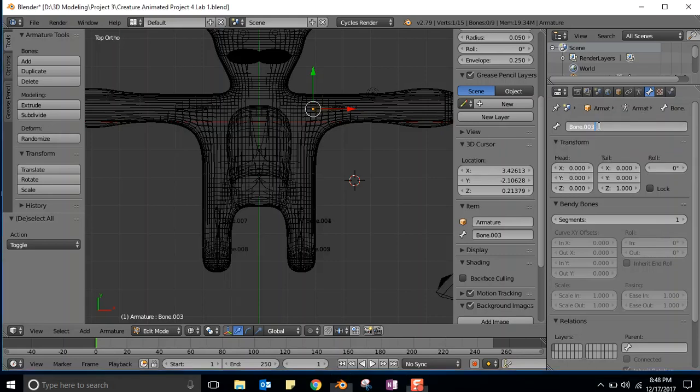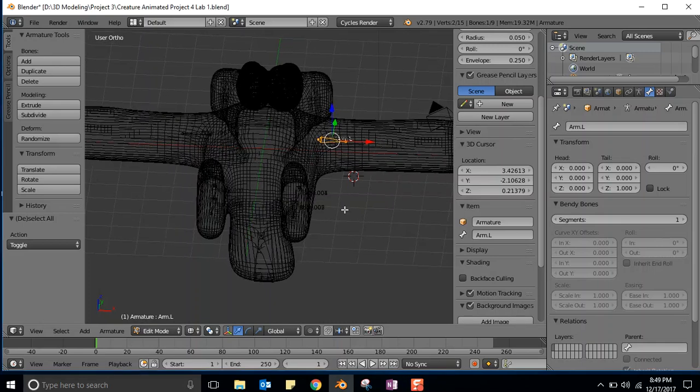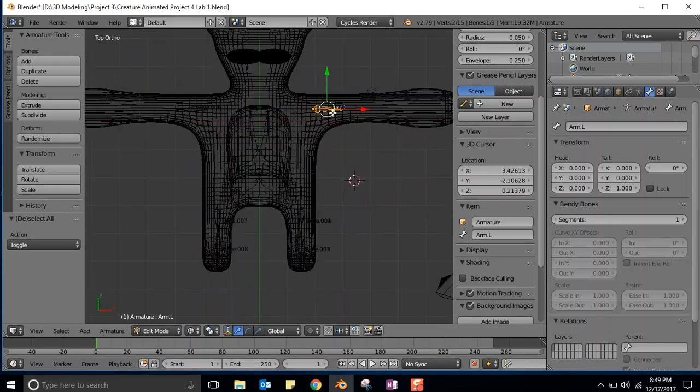And they want us to name it arm.L for left. Arm L. And you know what? Because of the fact that the whole thing wasn't yellow for me, it wasn't selected. I swiveled around, right-clicked in a couple more spots, and I was able to get it to be selected. So now when I click here, hopefully